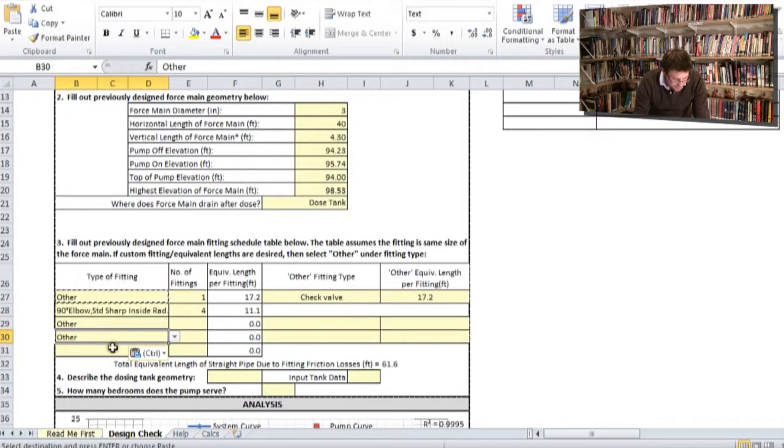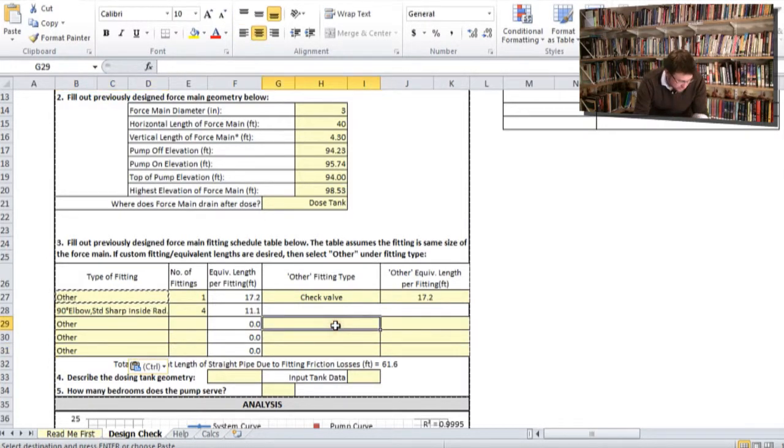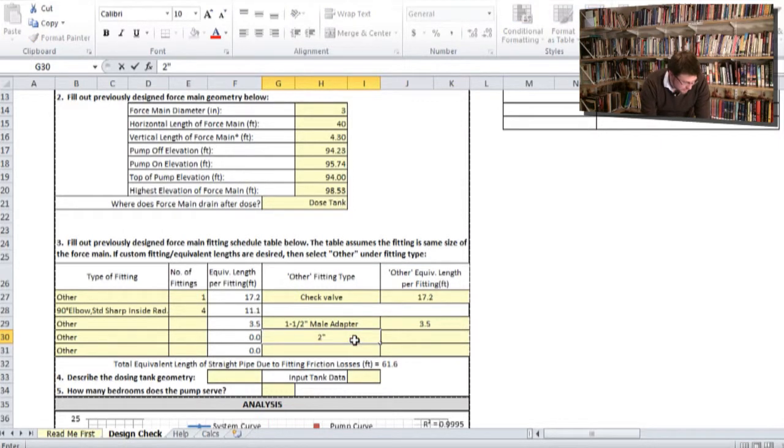You can see when I type in other that these cells over here pop up and appear tan, actually telling you to input data there. And so I'm filling out his fitting table. If your contractors are not giving you a fitting table, just ask them for that. That's just standard design. And it helps contractors too, because it helps them know what they're going to have to order before they actually,